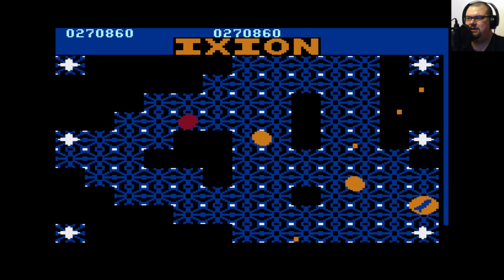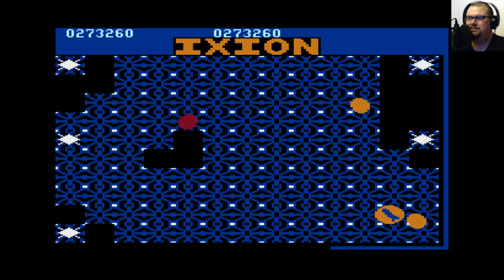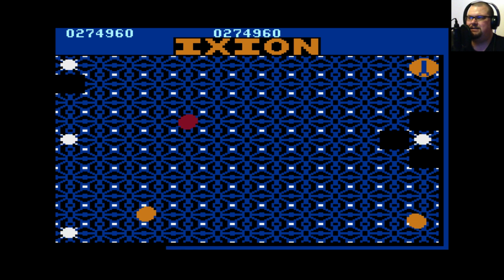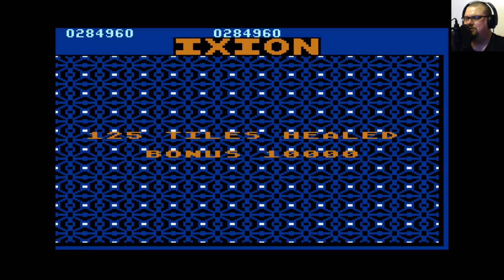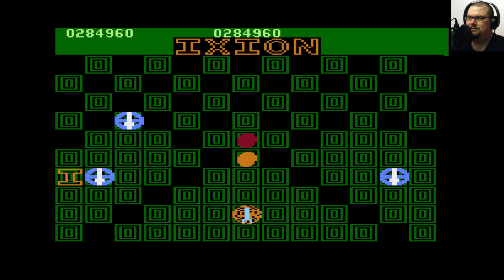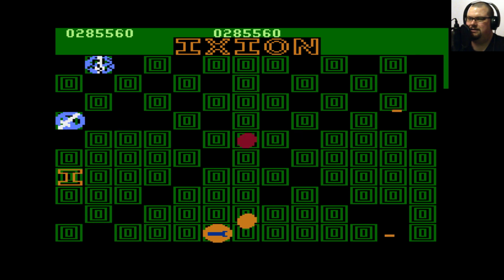Oh, we got a red ball. I don't like it when the red ball's on the bonus stages. So it's very easy to accidentally hit it. A bonus stage? You shouldn't be dying on a bonus stage. That's not how they work. Oh, that's an unpleasant setup to begin with, isn't it? So fortunately,